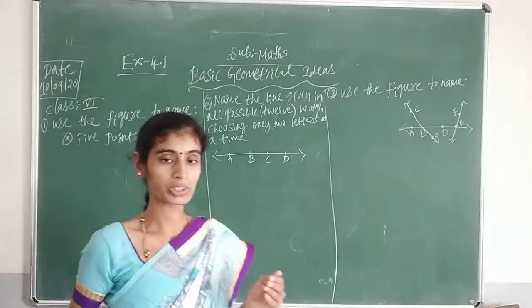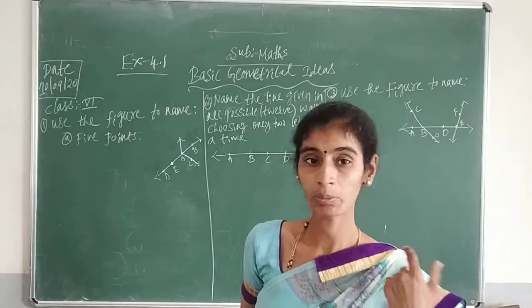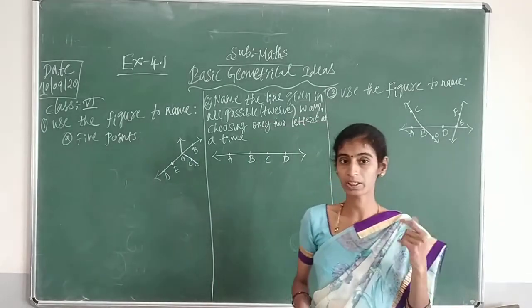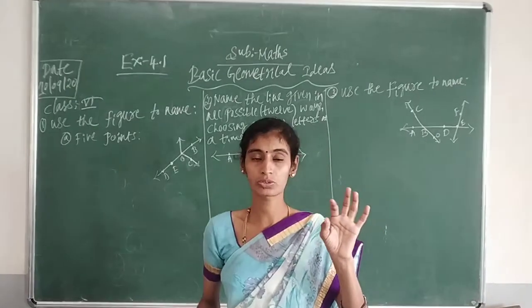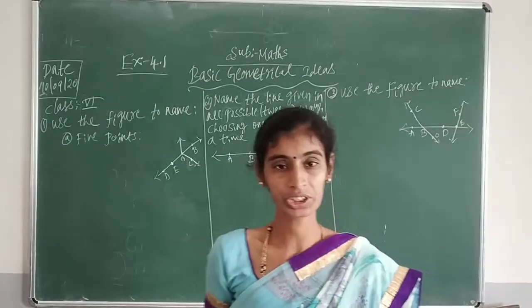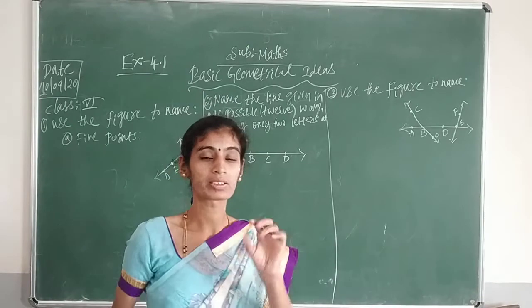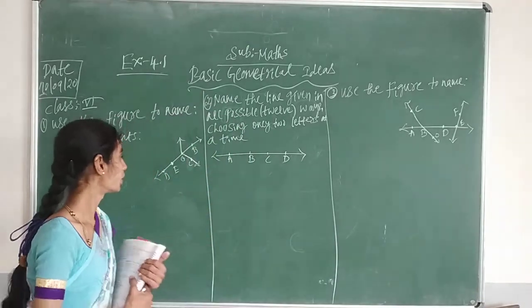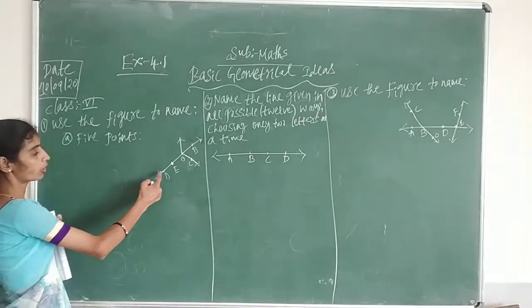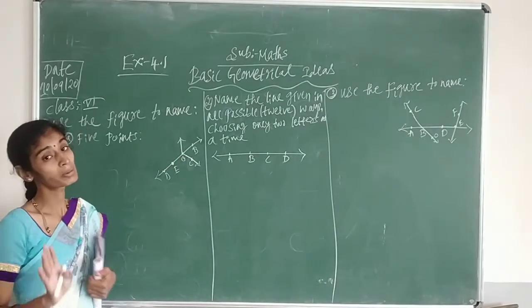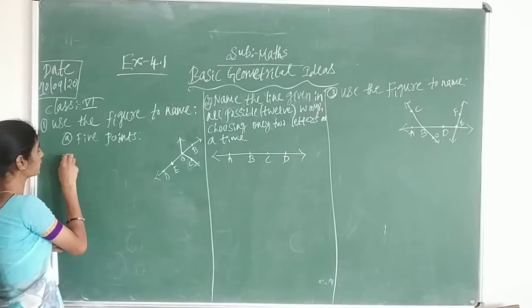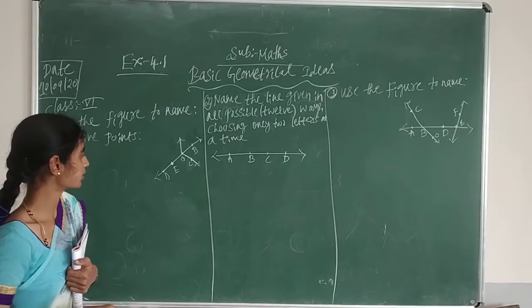Before going to that, first you should know what a point is, which I explained in my previous class. What is a point, children? Yes, you know, a point is used to mark an exact location and it is denoted by a dot. Yes or no? Now, you have to see how many dots are there. Those all we call points. So, what is the answer now, children?